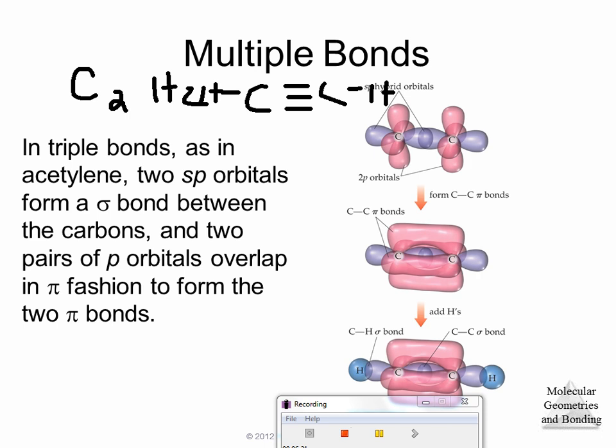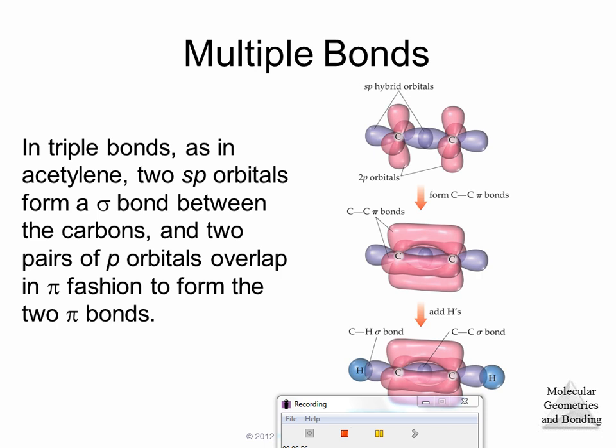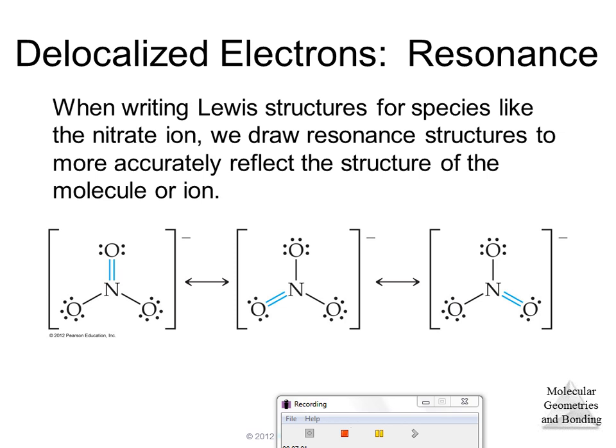We've got pi bonds above and below that are perpendicular to the surface. So this has one sigma and it has two pi bonds. So we get hybridization above and below the axes. So how does this work whenever we're trying to figure out the hybridization of different structures? If you're given a structure like this, and you do the Lewis diagram,